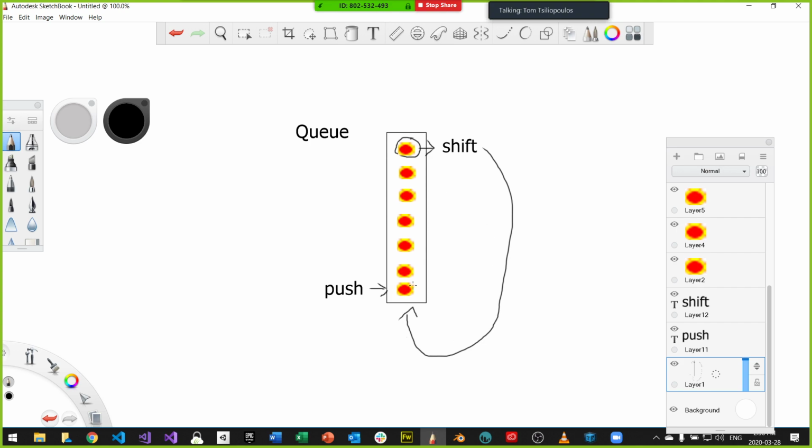It's going to keep rotating like this, using the same bullet over and over again. Does this make sense? So that's how the queue is going to work. A queue is a good structure for this. You can also use a list, or other structures, but it means some other code. And I think this might be the most efficient way of doing an object pool.